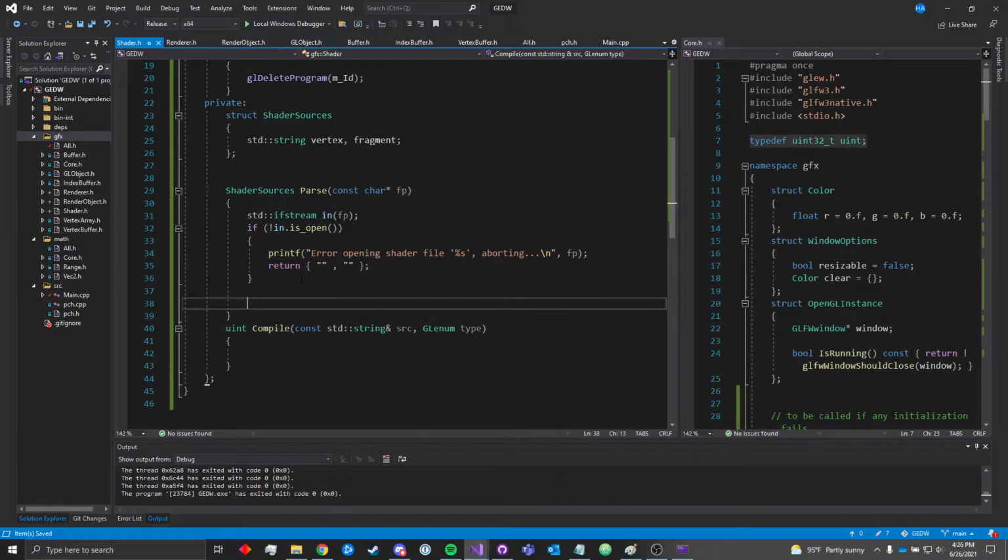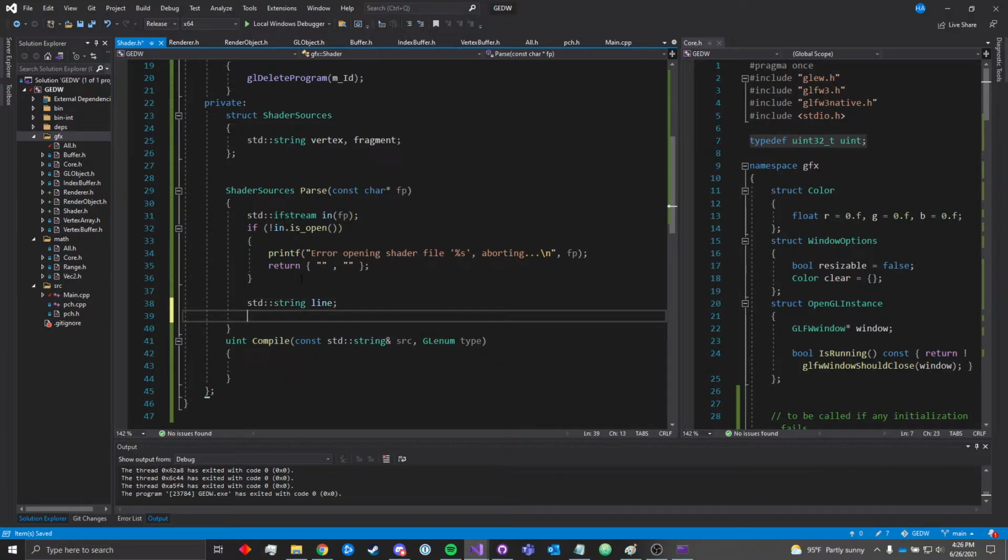Okay, so once we've verified that our file is correctly open, we can start reading it. So we're going to read our file line by line, and basically have 2 strings that we are constantly appending to, depending on whether or not we are reading a vertex shader or fragment shader. So we need a space to put the current line, and then we'll have this cool structure called a string stream,